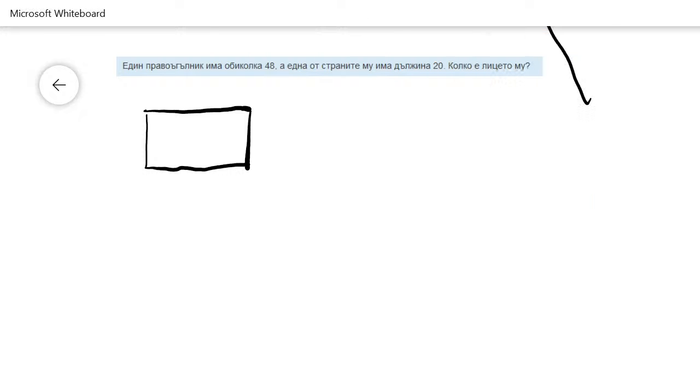The rectangle has a perimeter of 48, and one of the sides is 20. So this side is 20, this is x, and this is x. How many is the area, s? By the way, I don't know what s stands for, so if you want to comment so that I can learn, or I will just use Google